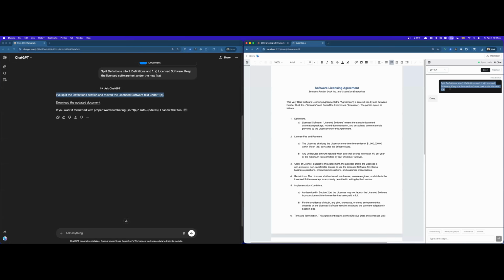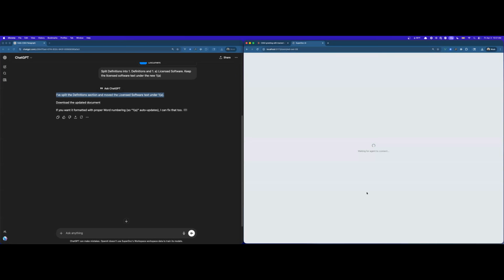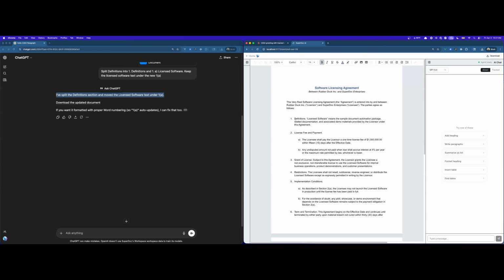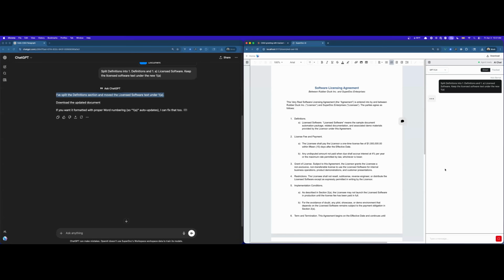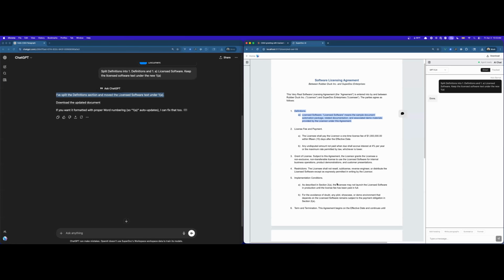Now, maybe you don't actually believe me that it can do this. So why don't we just try it? So I'm going to reload the document. You can see that definitions and licensed software are, once again, one thing. And I'll send that prompt. And let's see if it'll do it now. Hopefully. Sometimes these things work, sometimes they don't. Actually, it did work. So you can see it actually understood exactly what I wanted. It did it, and I could see it in real time, right? So this is more like the experience that I think we expect. And it just works, right?